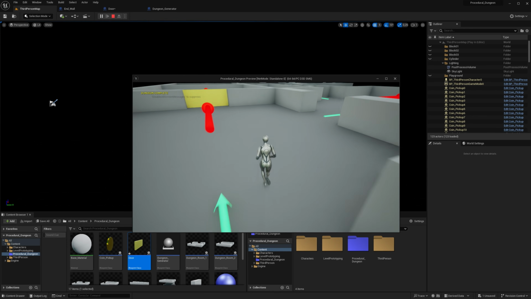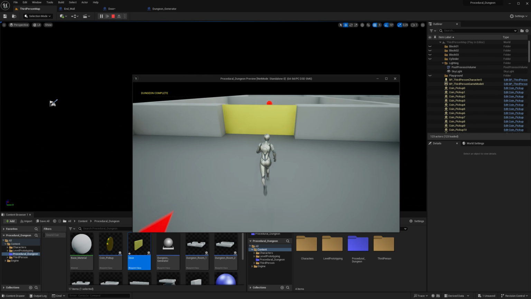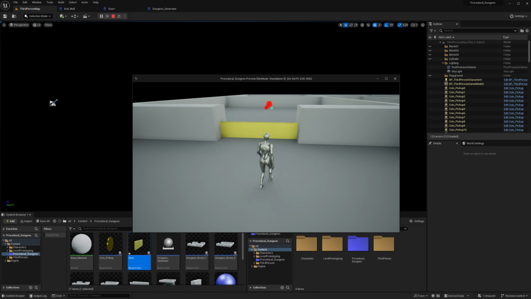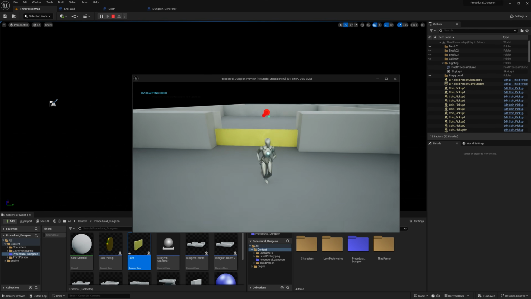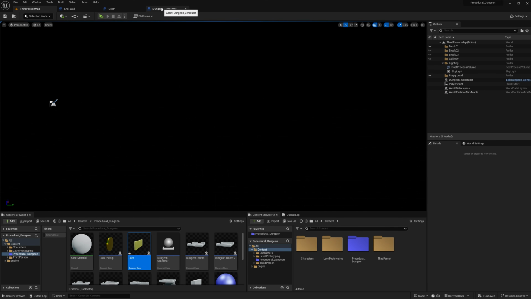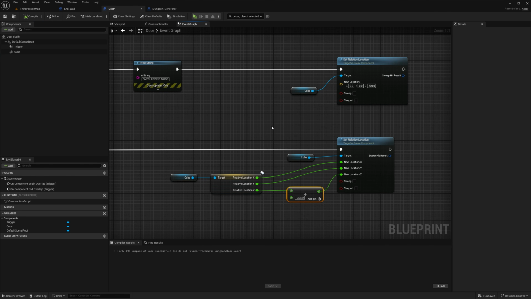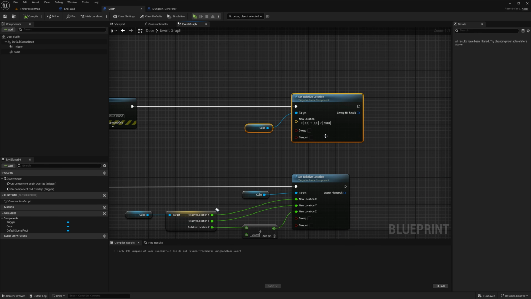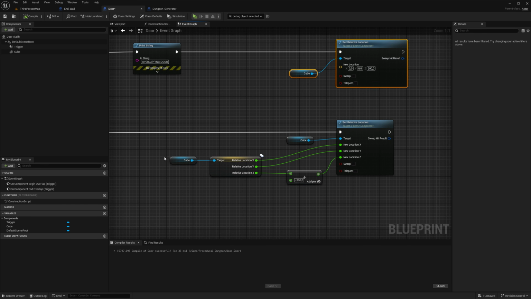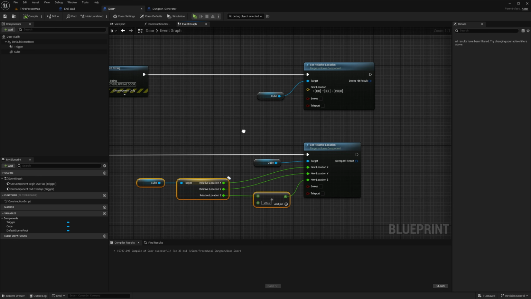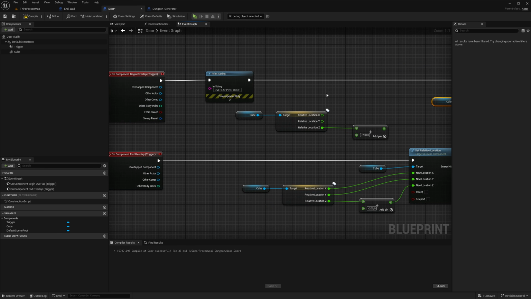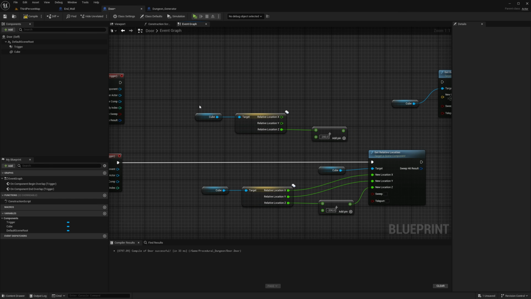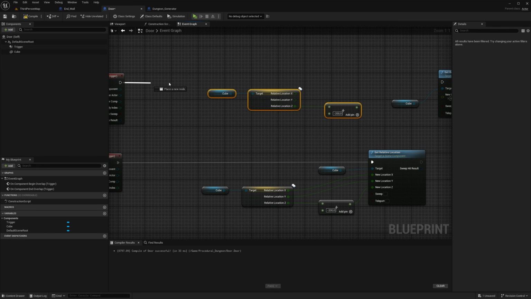Why can't this guy sprint? Yeah, then they move down too much. Why? I don't know. But I think maybe we need to try and do it the same thing for the begin overlap here. So copy all this, paste it in, make room. But you can just delete this one because we know it works. The overlapping is working.